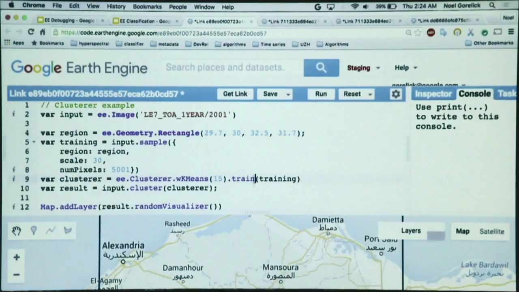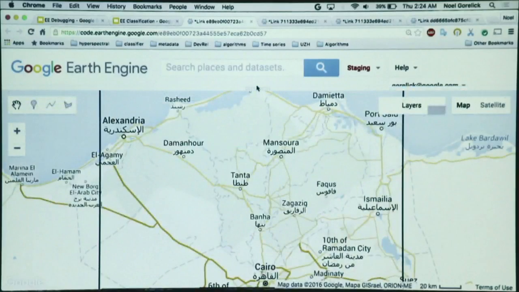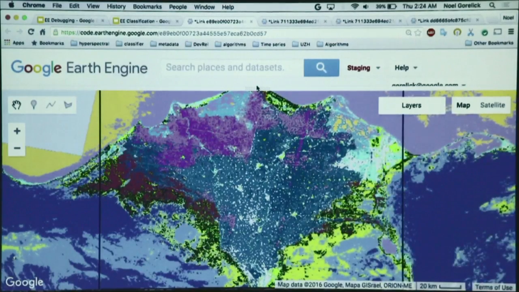It was a 15 class k-means trained with 5,000 pixels. So just to break the cache and run it again, you can see how long this takes with 5,000. A very anticlimactic end to my talk, waiting for the progress bar to end. Yeah, so that was 30 seconds or so. If you're doing 25,000 points, that's 2.5 minutes, 3 minutes. You could be approaching the timeout problems, interactive timeout limits on that. So